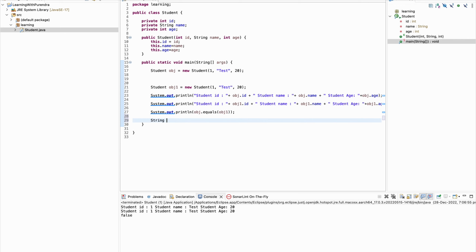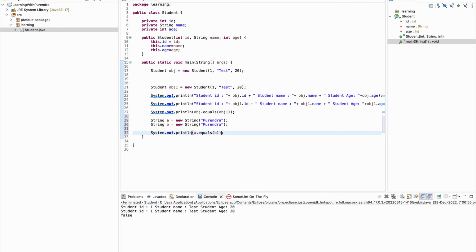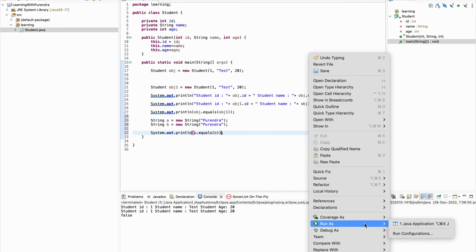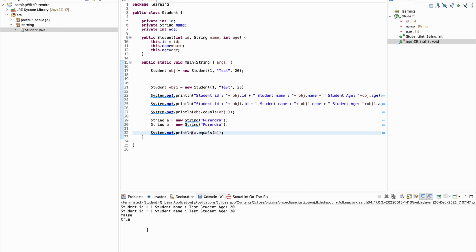Now let's say I create objects of the String class: String a equals new String with the text Purendra, and String b equals new String with the same text. If I write a.equals(b) and see the output, the output is true.